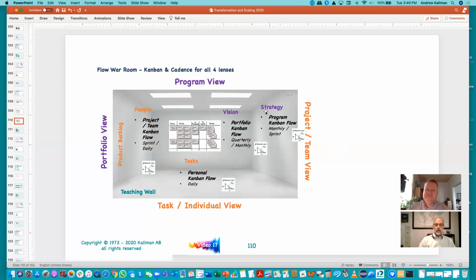Our burn up chart for the sprint was on the front wall, and then the cumulative one for the project was also on the front wall. And we also had the team health check posted. Originally we started monthly, and then we went to quarterly as retrospectives or problem solvings were a result of the health check to show improvement. Then on the right wall was the strategy side, and we had a product owner program